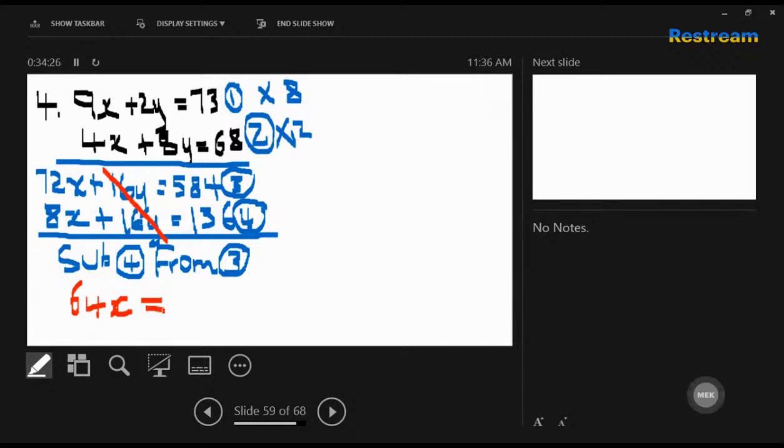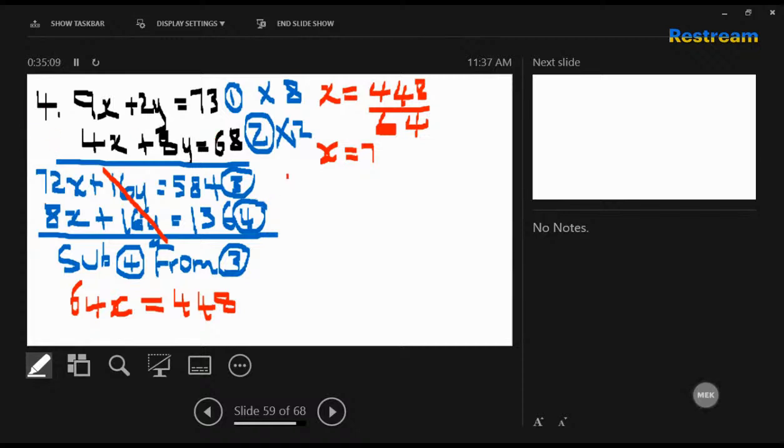And 584 minus 136, that's 448. And if we divide that by the 64, we get 7. So x will be equal to 448 divided by 64, which is 7. So now we're going to plug in this value of 7 where x is in any one